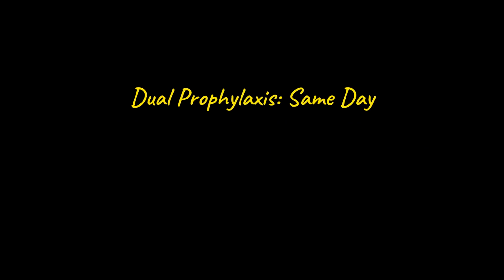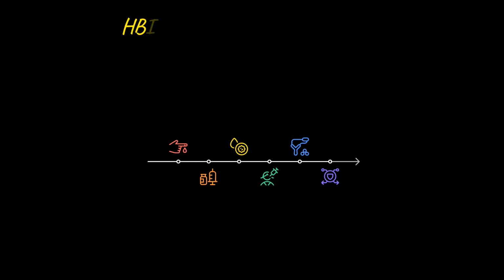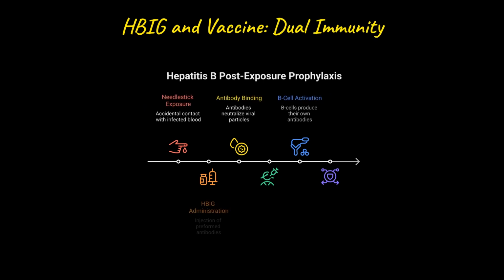The protocol combines passive and active immunity given simultaneously. HBIG delivers preformed antibodies to neutralize viral particles before they establish cellular infection. The hepatitis B vaccine series triggers the worker's own immune response for durable long-term protection. Together they are substantially more effective than either component alone. HBIG works immediately by neutralizing circulating virus, while the vaccine trains the immune system over weeks and months. Both are administered at separate injection sites during the same visit,